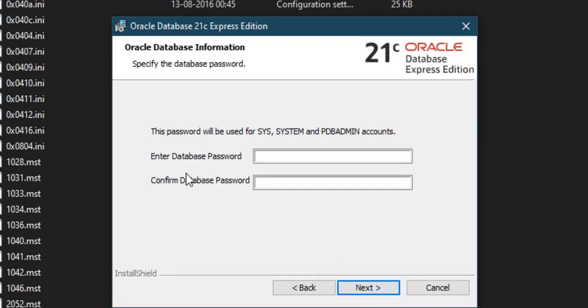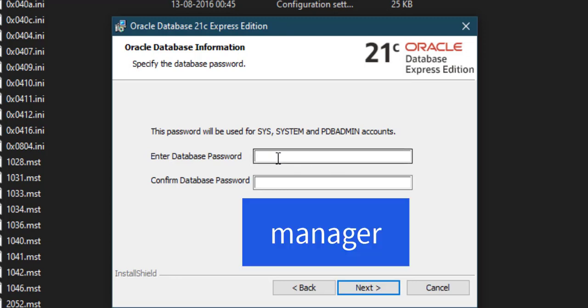Then it asks for a password to be used for system and admin. So I'll give a password as manager, manager, and we have to confirm the password here. So I have given a database password and confirm password as manager, manager,